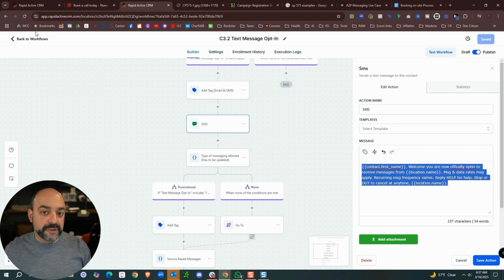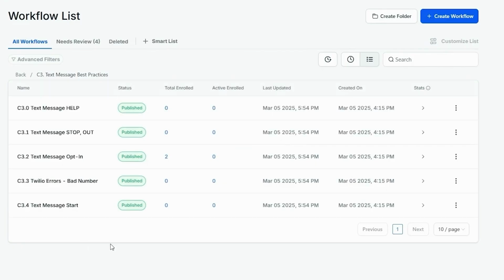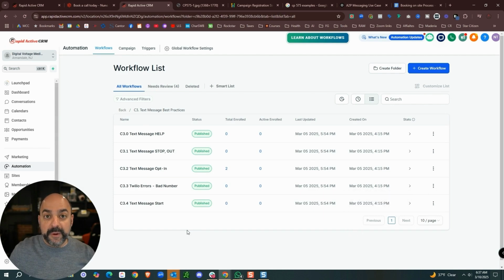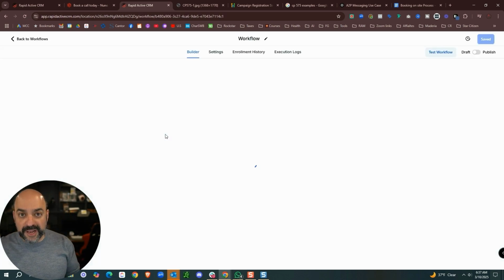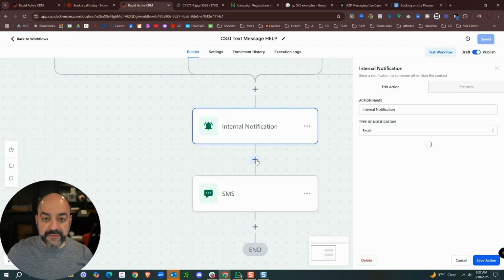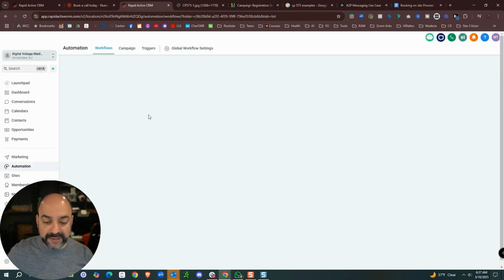The other thing that I'll cover just in here is that you do want to create a set of text messages. I'm not going to go over how to create these. You can download it from our snapshot. I'll be including the link below. We have obviously updated this to match, but we wanted to give you a full rundown. A couple of things: one, make sure you do actually have the help one. So if somebody replies with the word help, there's an internal notification that goes out, and then there's also an SMS that just responds back to the customer.